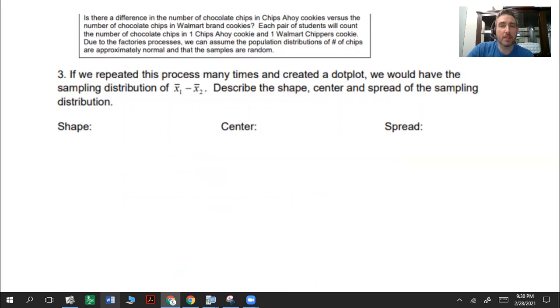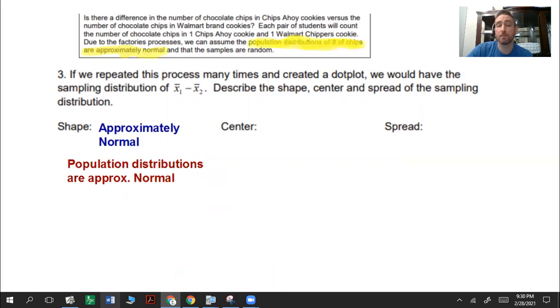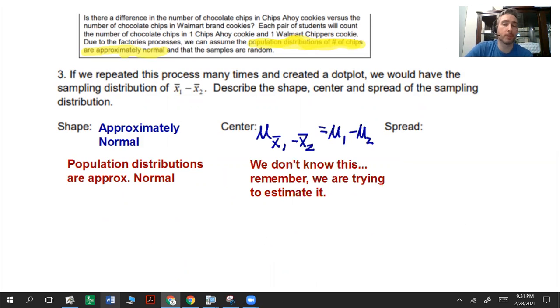So if we repeated this process and we have a sampling distribution, recall that the shape, center, and spread is what we're looking for. We want the shape to be approximately normal. It says the population distributions are approximately normal, so we have that information for us. The center is the population mean subtracted, but we don't have that, so we don't know it. We're trying to estimate it. The spread,